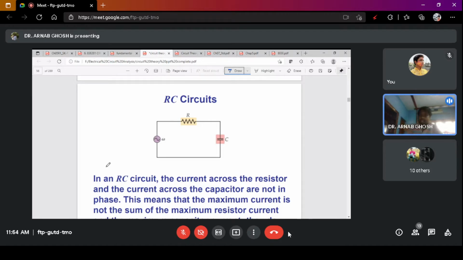So in an RC circuit, the current across the resistance and the current across the capacitance will not be in phase. Why? Because the current across the resistance will be in phase with the voltage, and the current across the capacitance will lead the voltage by an angle of 90 degree. So if you just redraw the phasor,